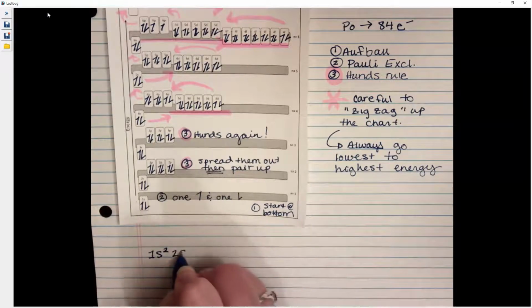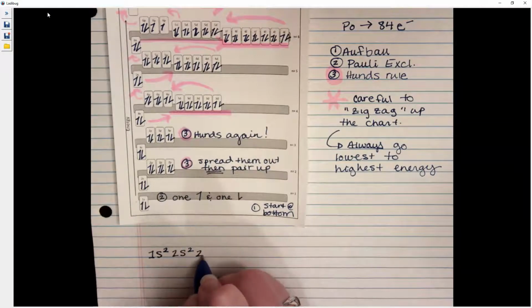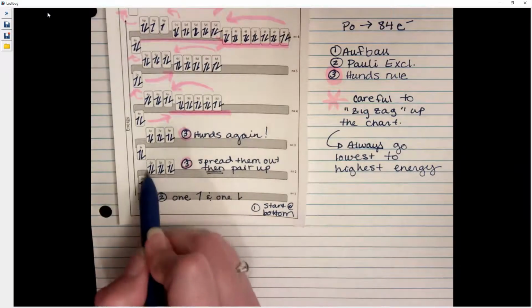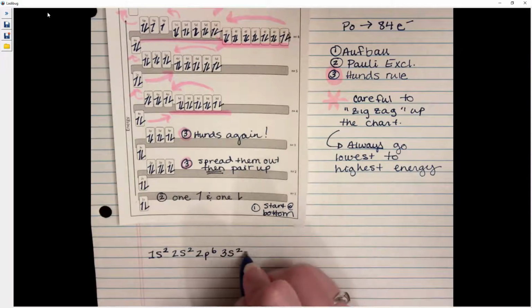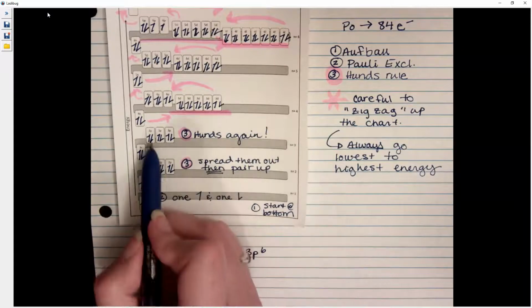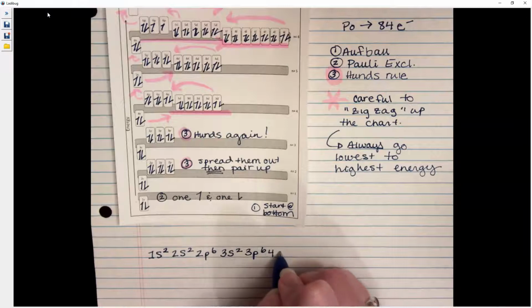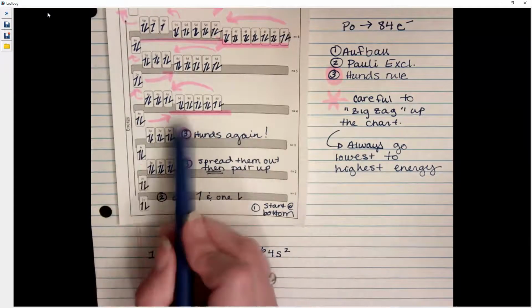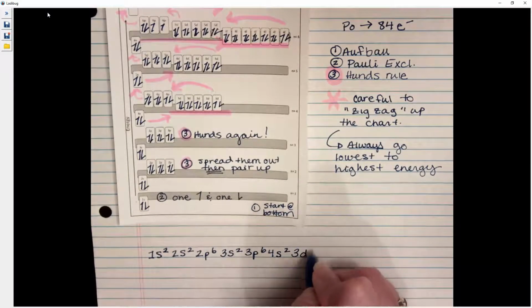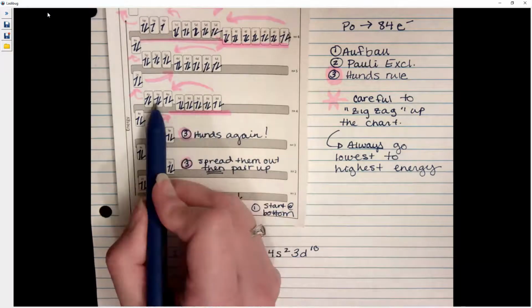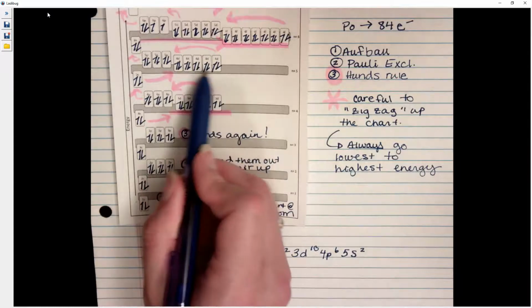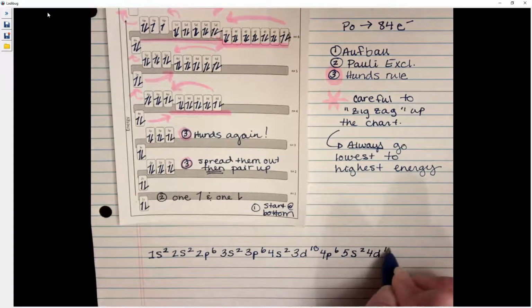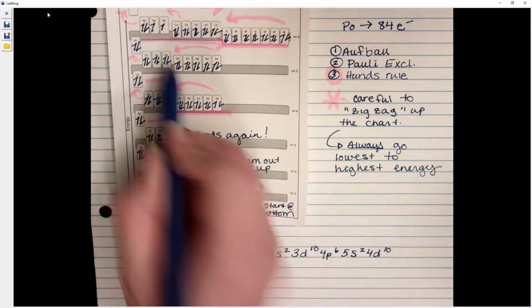Then 2s2, 2p6, 3s2, 3p6, 4s2, 3d10, 4p6, 5s2, 4d10, 5p6,